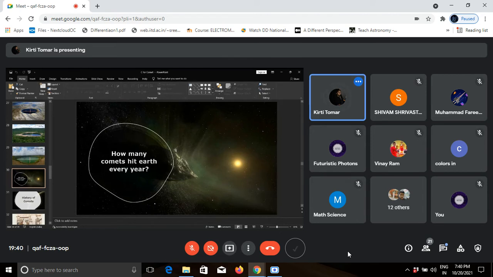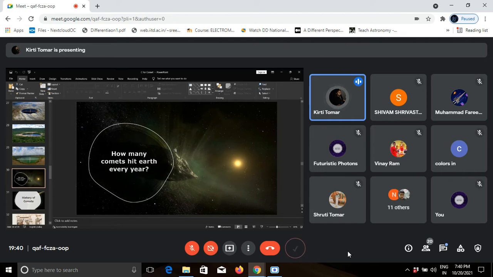Most kids have asked this question: how many comets hit the Earth every year? The answer is, to date there have been nearly 1100 recovered falls, meteorites seen to fall, and nearly 40,000 found but not seen to fall. It is estimated that probably 500 meteorites reach the surface of the Earth every year, but not less than 10 are recovered.